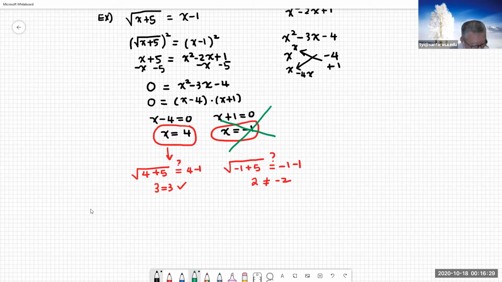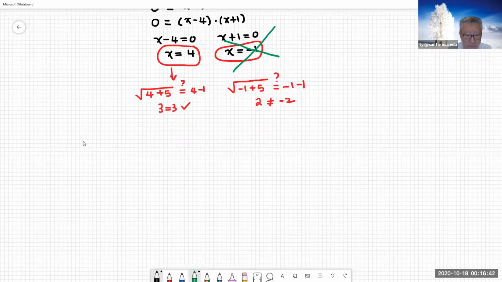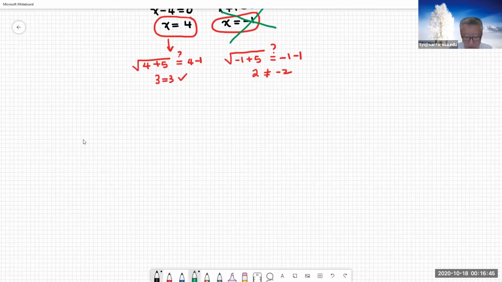There's another type of problem that people get really confused by, which is when you have a radical equation with radicals on both sides. Okay, so let me just do that. So let's say we have something like the square root of 3x plus 6 minus the square root of x plus 6